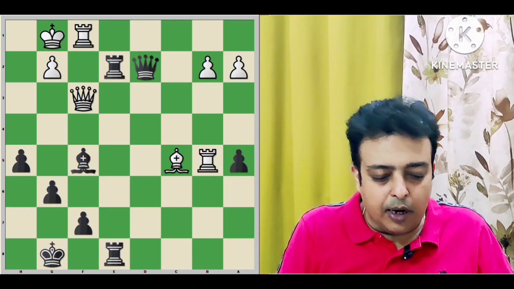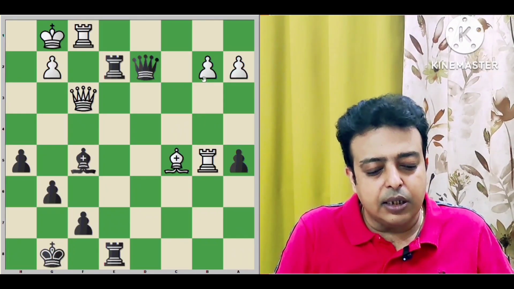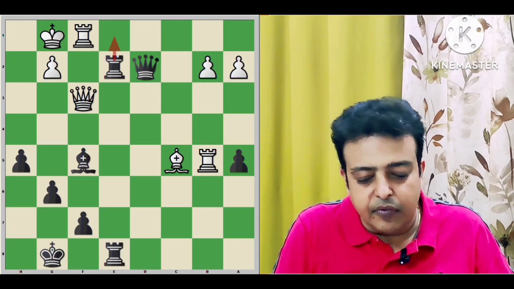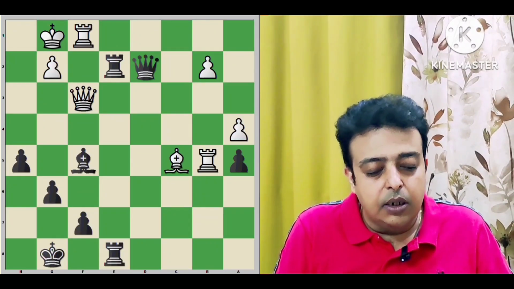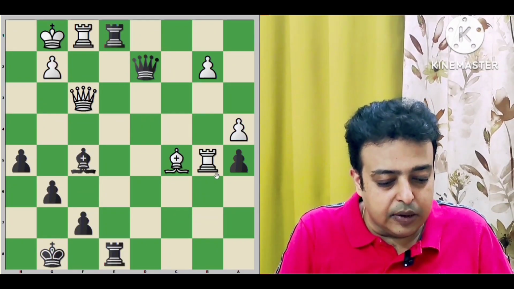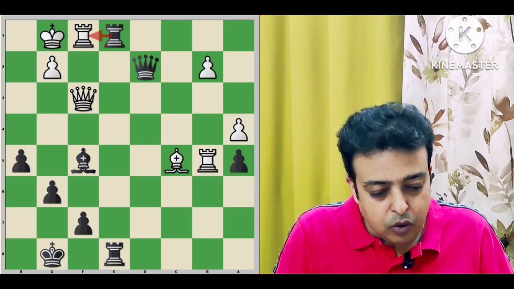Why winning? See, the point is that b2 is coming under fire, and mainly what is the threat? Threat is Re1. This is a little difficult to understand at first. But do note that if we play any move like a4 or a rook move, then what happens? Then Rook e1, and see, it's very difficult to stop Rook takes a1, f1. We are creating a mating net here. So Rook e1,